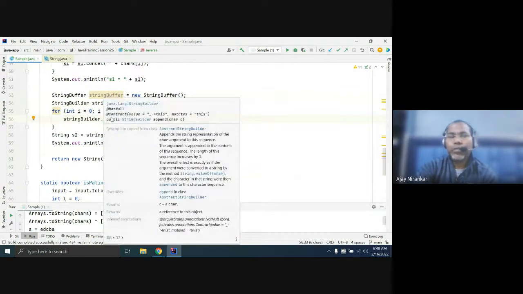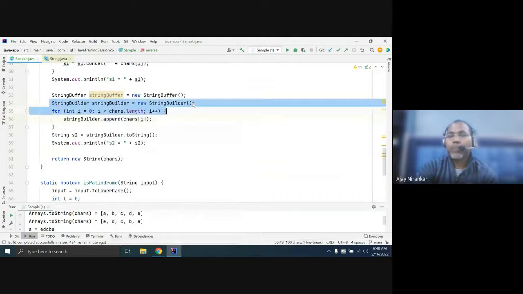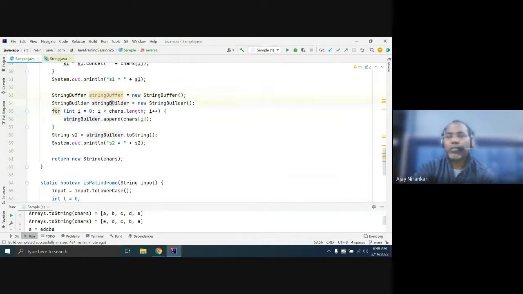Generally prefer StringBuilder. StringBuffer is a kind of synchronized class, so the performance is slower than this. StringBuilder has better performance than this because StringBuffer is synchronized. This will allow only one thread to access at a time. Just don't go into detail. Just assume these are the multiple ways where you can convert your character array to the string object.